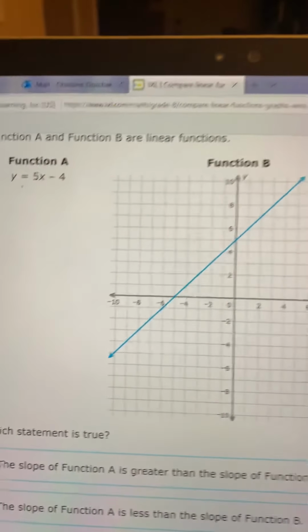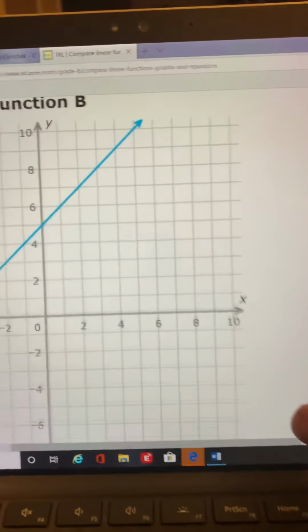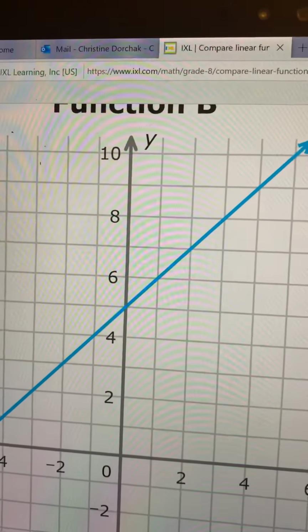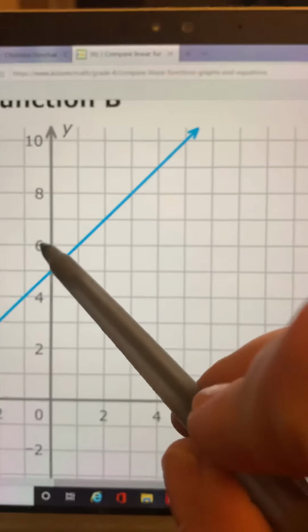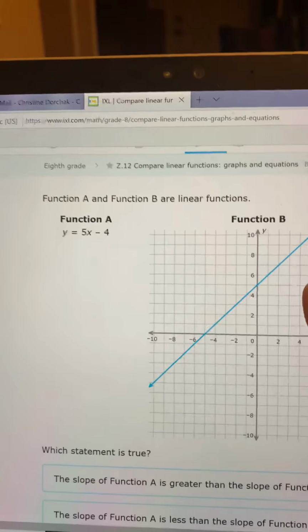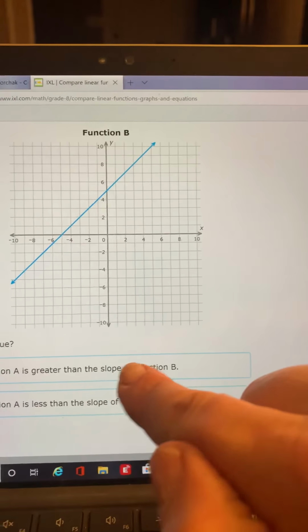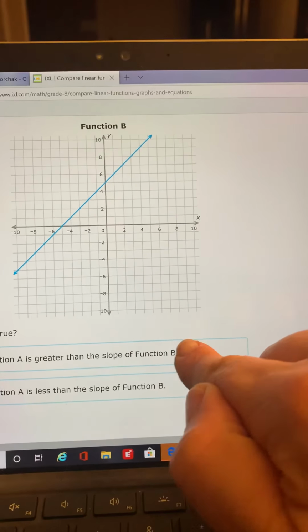We're back to slope on this next one. Once again, the slope of function A is 5. This one will be a little more interesting. It looks like it's going up 1 over 1. So the slope of function B is 1 and the slope of function A is 5. So the slope of function A is in fact greater than